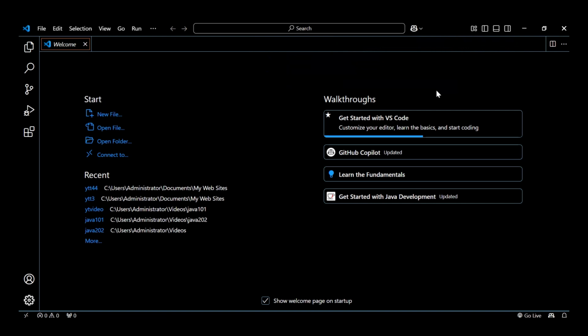Today, we are diving into the world of GitHub Copilot and Visual Studio Code. Imagine having an AI-powered assistant that helps you write code faster and with fewer errors. That's exactly what GitHub Copilot offers. By the end of this video, you'll be equipped to set up GitHub Copilot and use it to enhance your